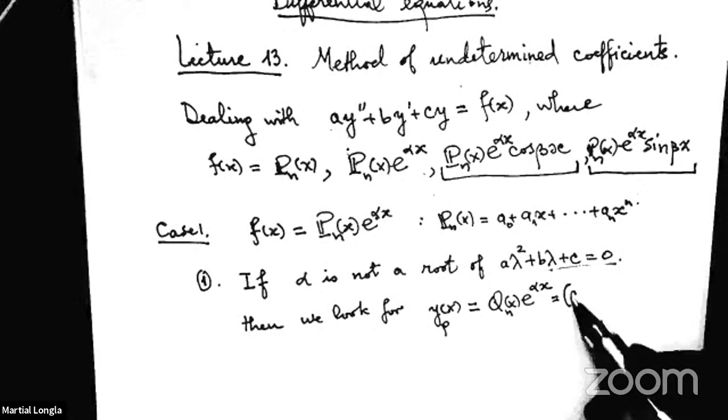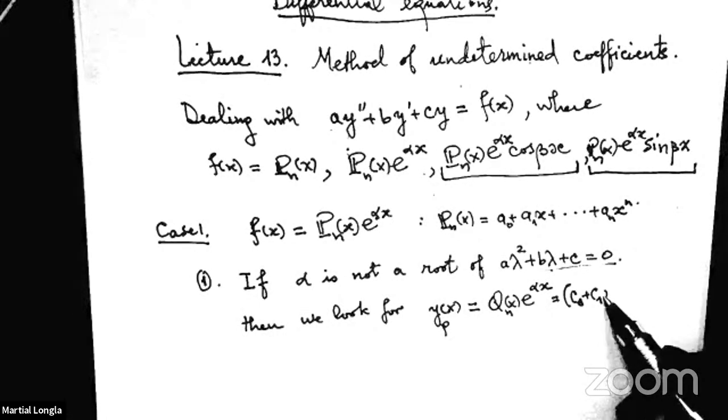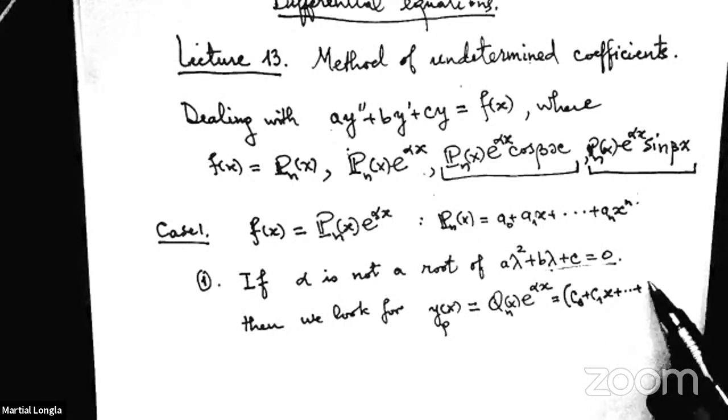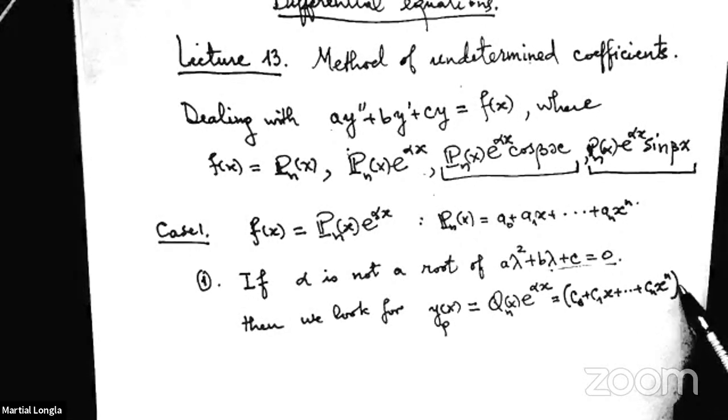That means you're looking for c0 plus c1 x plus up to cn x to the power n, times e to the